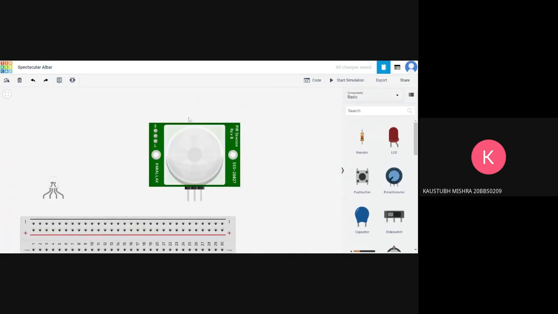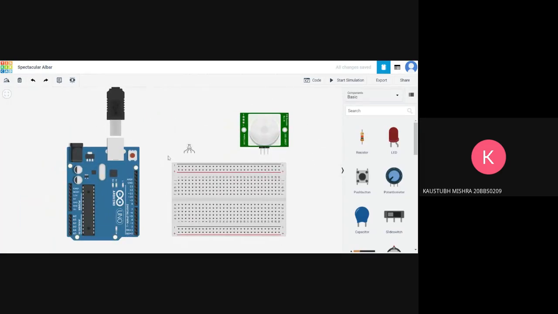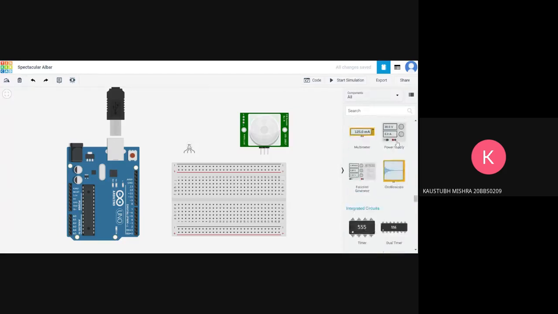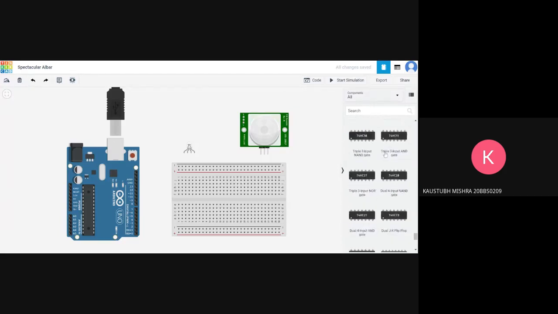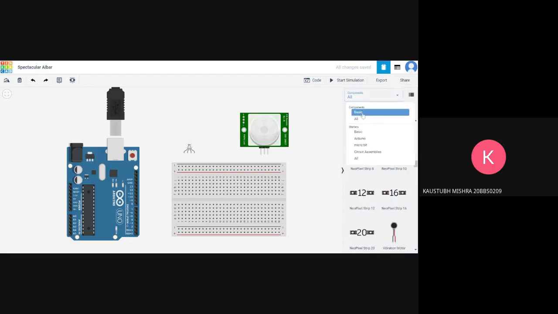Next, we have this PIR sensor, the dome-like looking thing which I showed you at the beginning of the workshop. And this is its representation in 2D, of course. So this is the PIR sensor. And these will be the components that we will be using today, and any other components you can see over here on the right. If you just click on them, all these different components are ready for you to play with once you start creating your own circuits. So if you guys want, you can follow along and create the circuit with me.